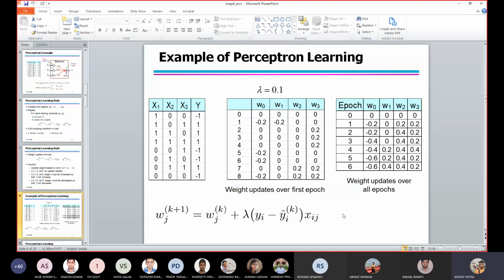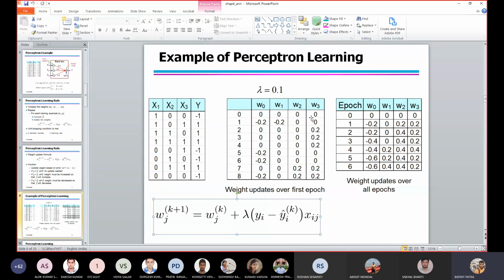So now entire thing we'll see how it is working. Let's say initial weights are all zero, as you can see W0, W1, W2, W3. If all are zero, then what will be the value of y cap? This is nothing but the predicted value. For the first training example, x1, x2, x3 is 1, 0, 0, and y is -1.